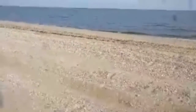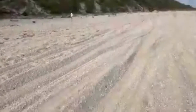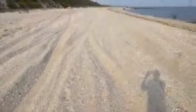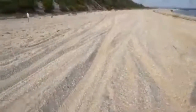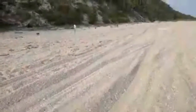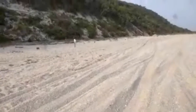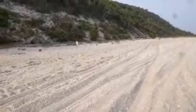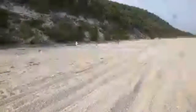Now you can start to see the high water mark marked by seaweed there, and maybe you can see a set of ruts here, which is caused by all the illegal beach driving. It's illegal because they're not supposed to drive above the high water mark. So I fenced off a small part, and I'm going to try and protect that at least against the beach driving, the ruts and the trash that the drivers bring. Okay. So now